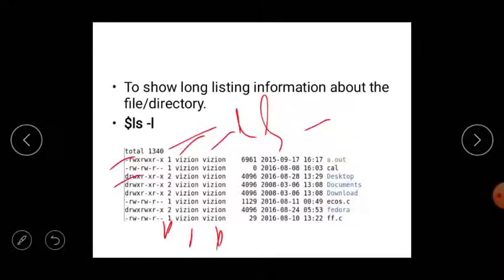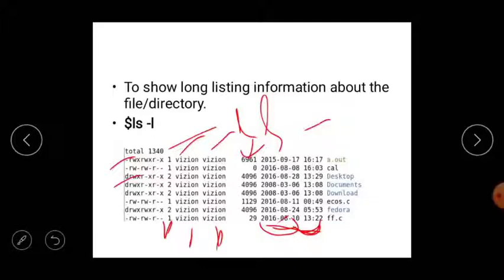Okay, next, this tells the size of the file. What is the size of the file? This field. Next, up to this is field 6, which specifies the modified date and time. You can see that it is the date and the time. Means field 6 represents the modified date and the time.